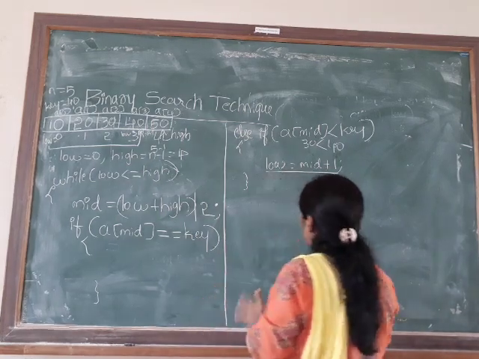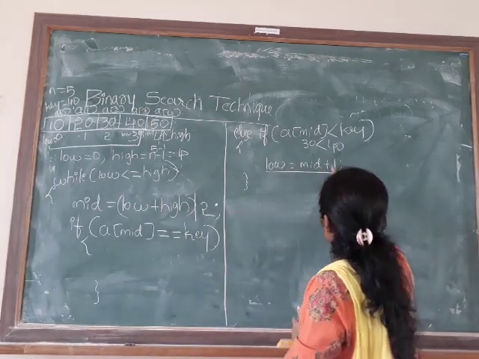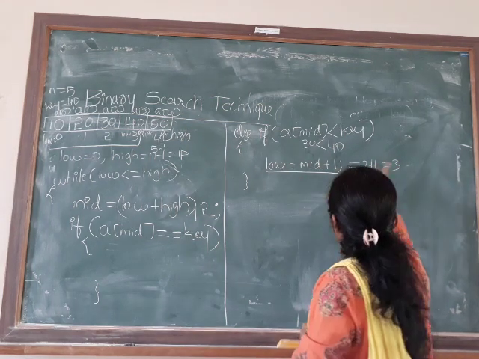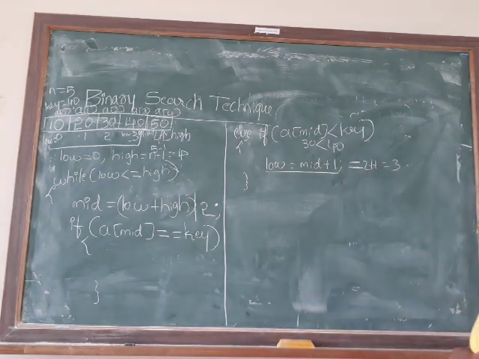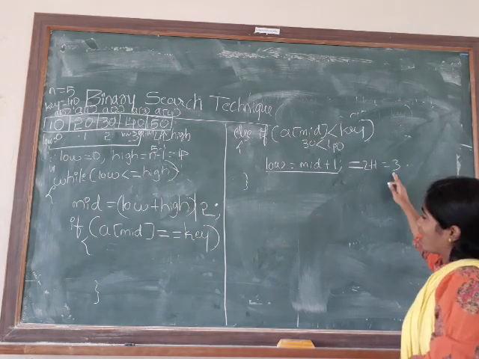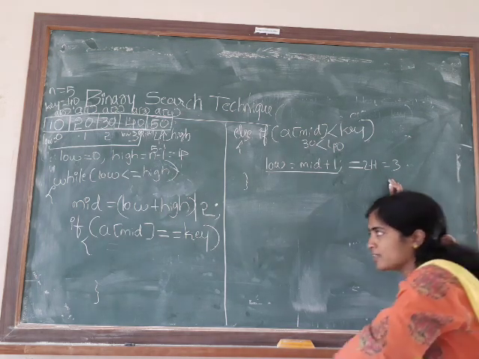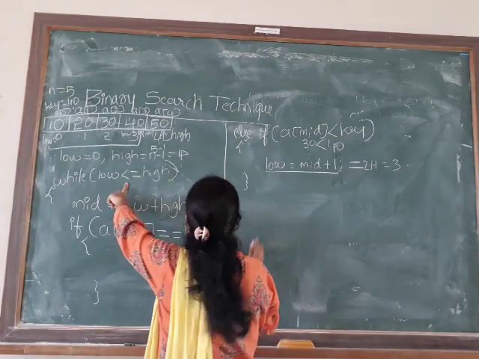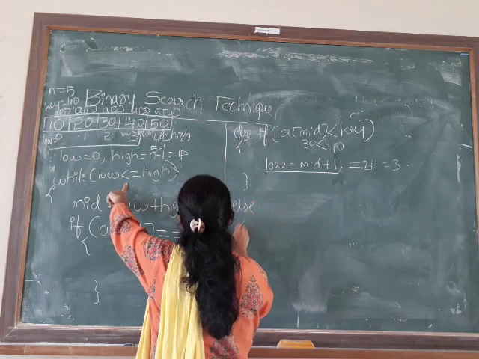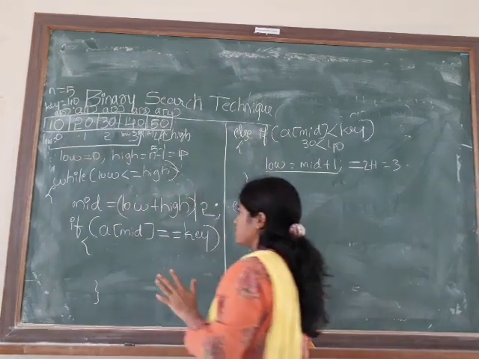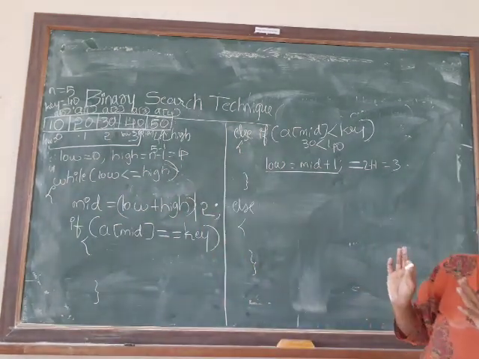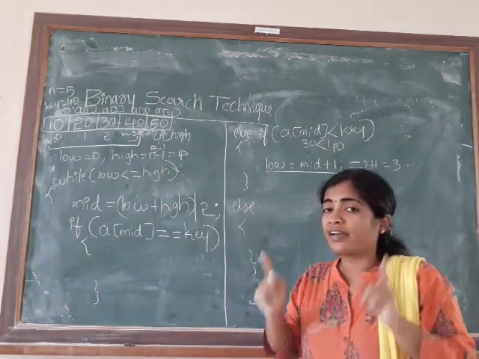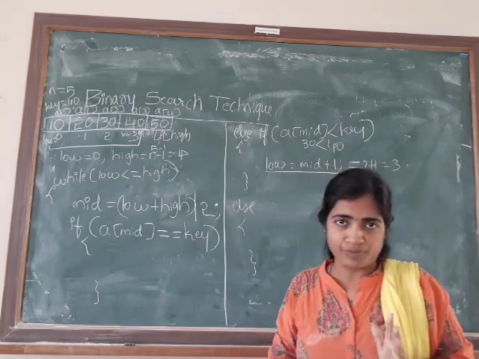So with my inputs it is true. That is low is equal to mid plus 1, that is 2 plus 1, that is 3. Low is equal to 3. Once the value of low becomes 3, again the while loop has to start iterating with a new value. You are least bothered about the next else, because once one of my conditions becomes true, it will never go for the further checks in a cascaded else if, as we have already discussed.